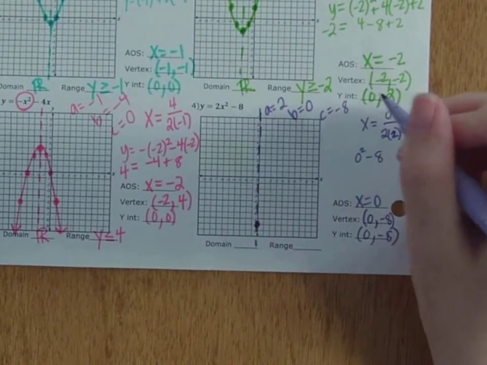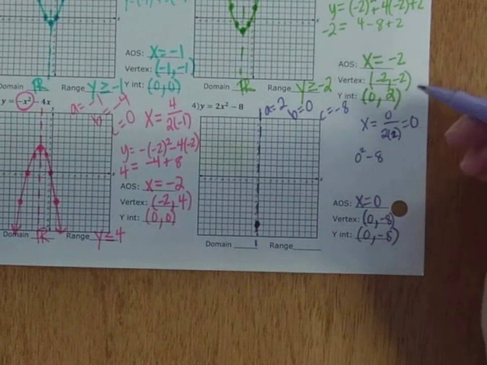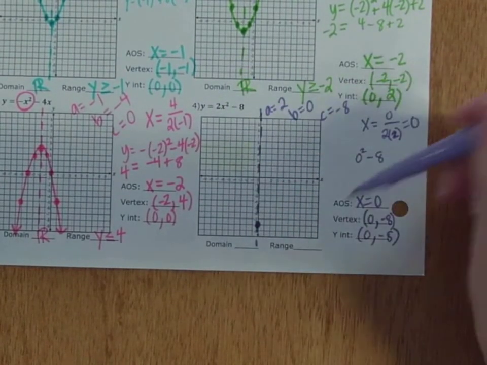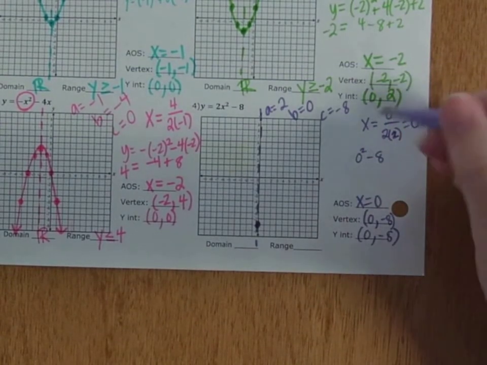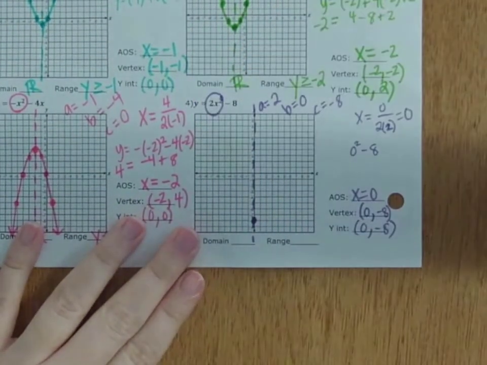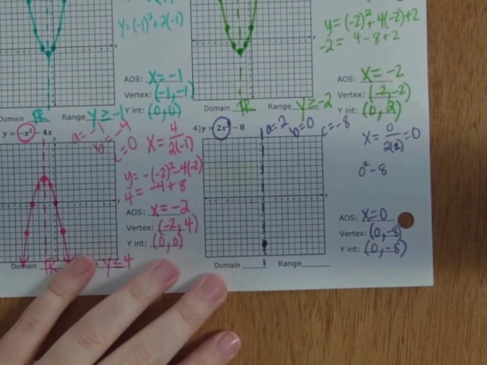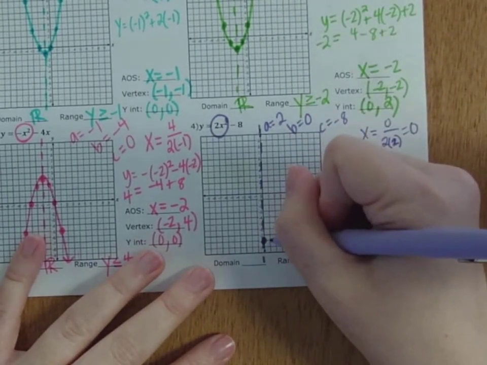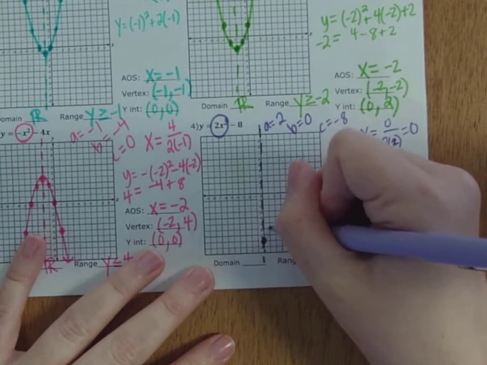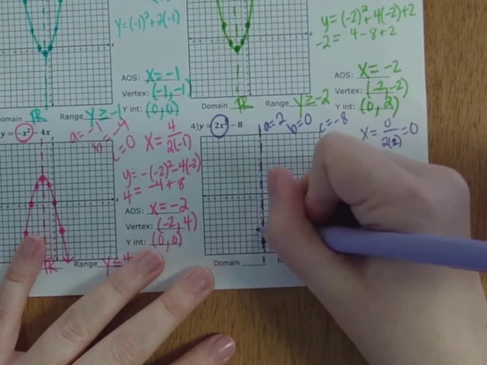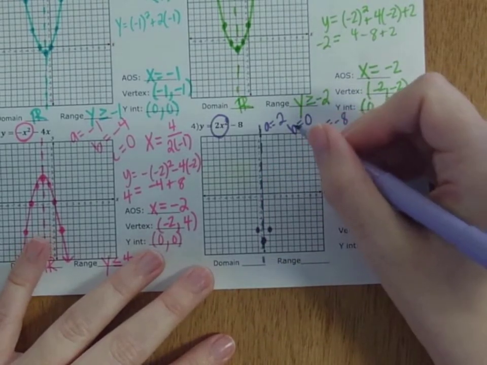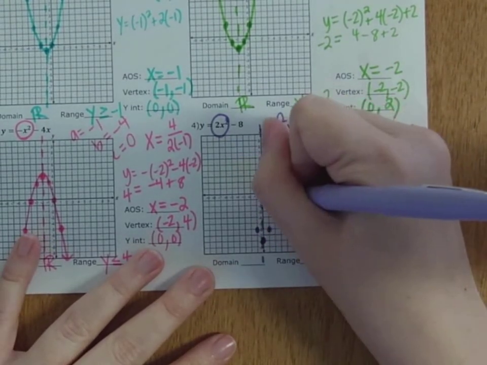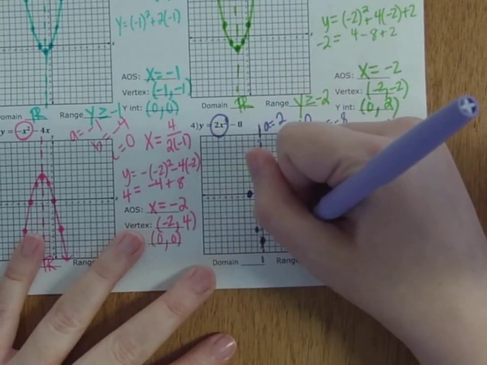That you have a couple options to graph. You can make a table of values, plug in 1 for x, get a y, plug in 2 for x, get a y, and work there. Or you can try and see how this relates to the parent function. So my parent function is x squared. Here, where we're looking at our first term, it's 2x squared. So instead of going over 1, up 1, I'm going to go over 1, up 2, and reflect that across my axis of symmetry. Instead of going over 2, up 4, I'm going to go over 2, up 8. Over 3, up